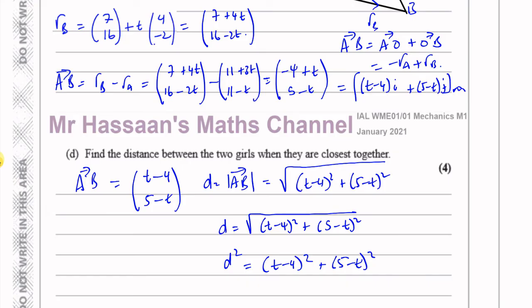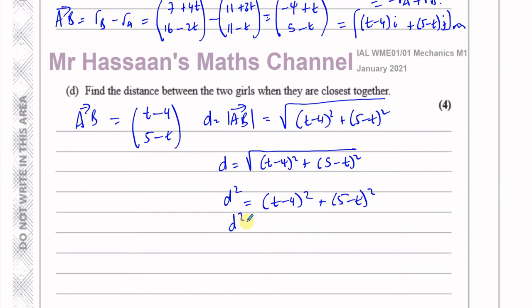Let me expand it first. d² = t² − 8t + 16 + 25 − 10t + t², so I'm going to end up with d² = 2t² − 18t